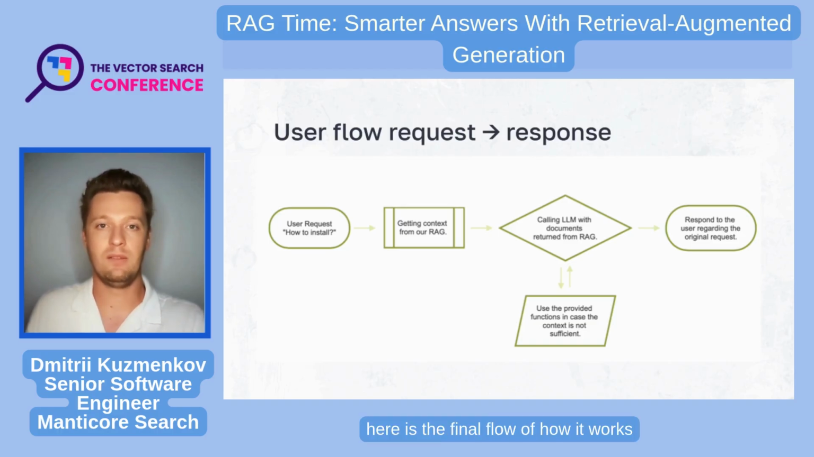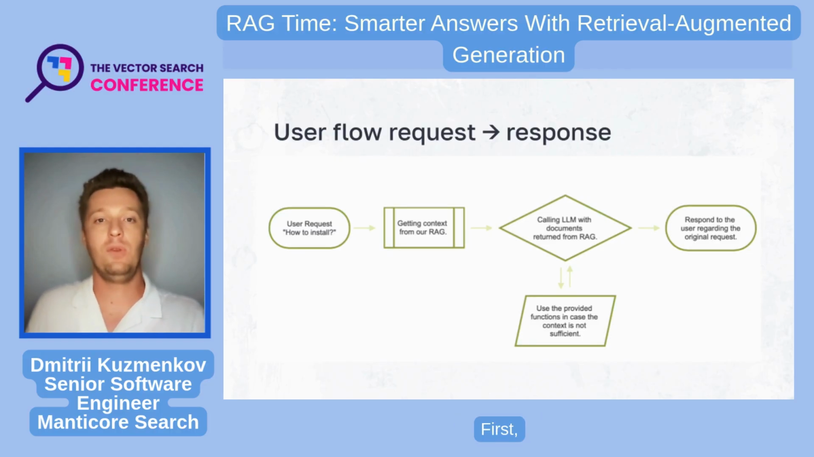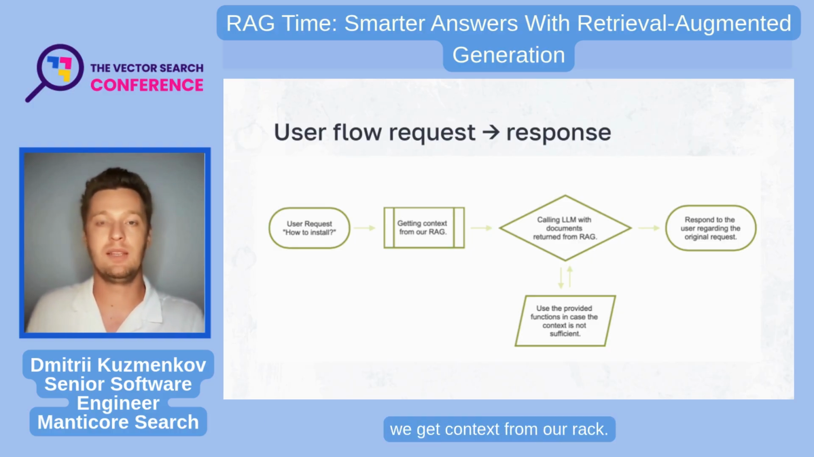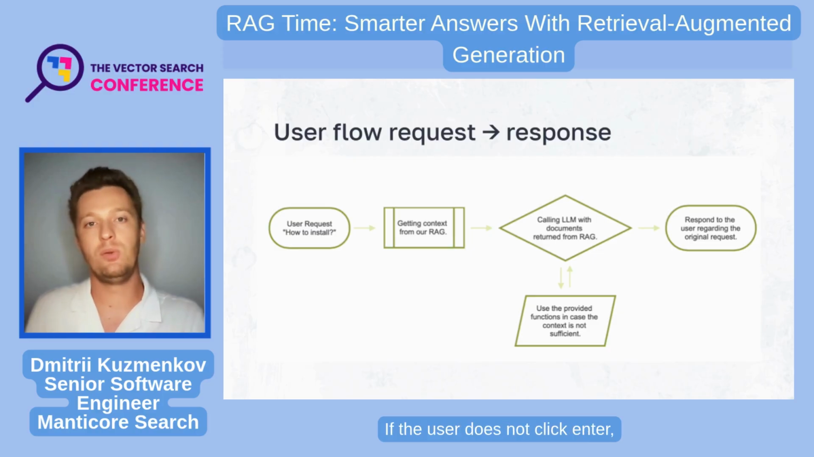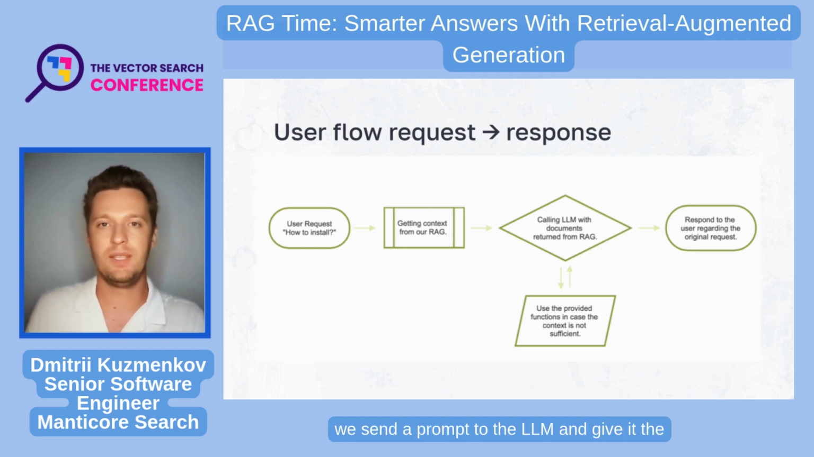Okay, here is the final flow of how it works on the UI with the user request and response. Let's look. First, when the user types and sends something by pressing enter, we get context from our RAG. If the user does not press enter, we perform just a type-as-you-search function. Once we get something related, usually just 3 documents, we send a prompt to the LLM and give it the